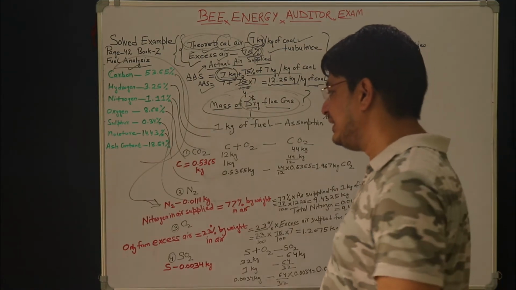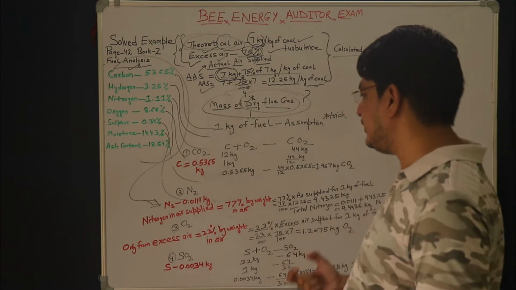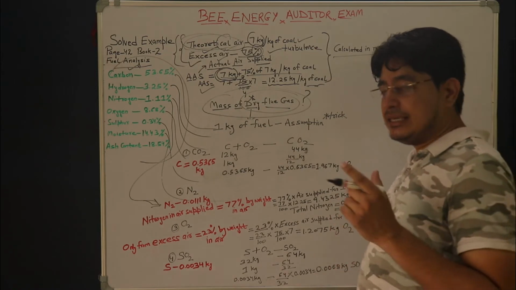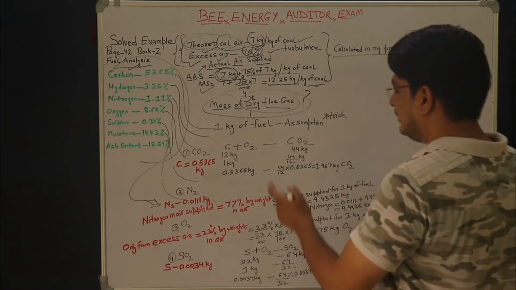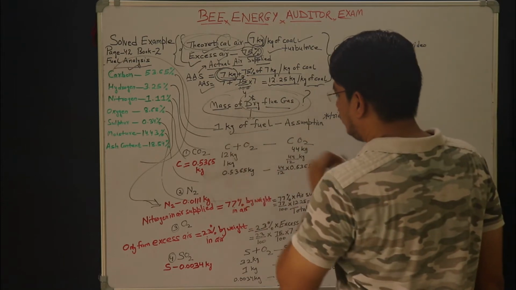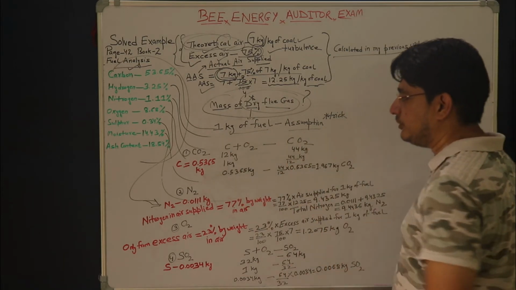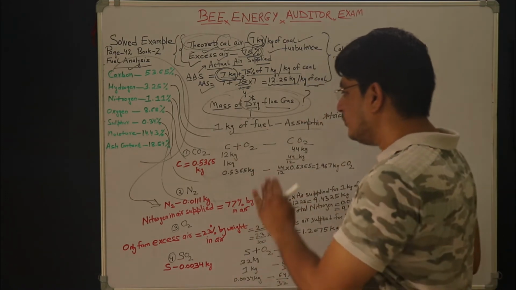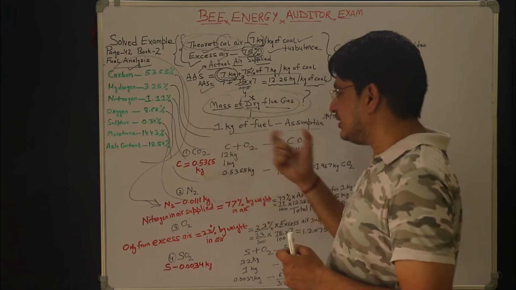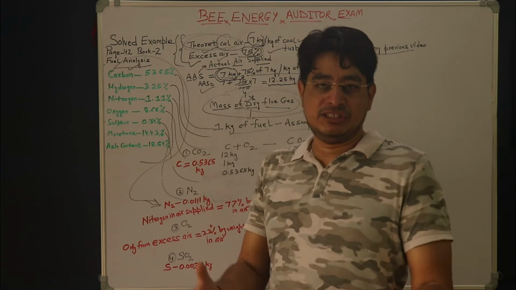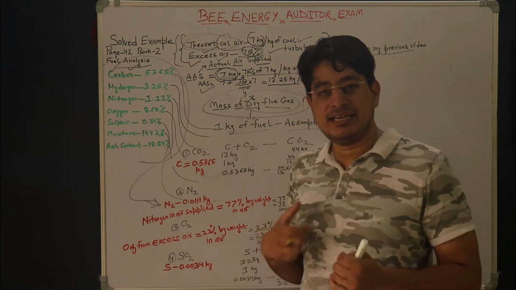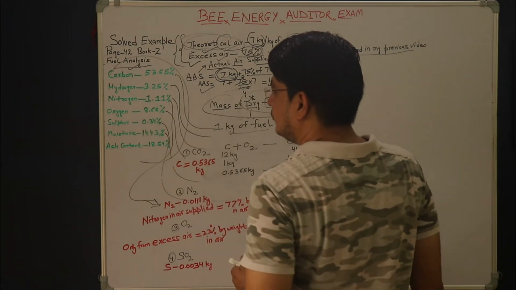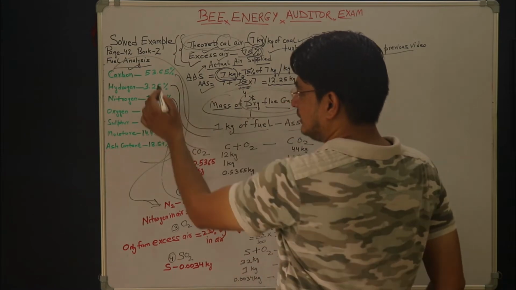So friends, now we will see how we can calculate the constituents of the dry flue gas. The first thing you have to assume here for your calculation is that we are considering only 1 kg of fuel. This will be our assumption. So whatever we are calculating, we are considering for 1 kg of fuel. If you proceed in this direction using this assumption, then all your calculations are very much easy and you will comprehend the things in an easier manner. You can see here very clearly that the percentage of carbon in fuel is 53.65%. So what does this mean?